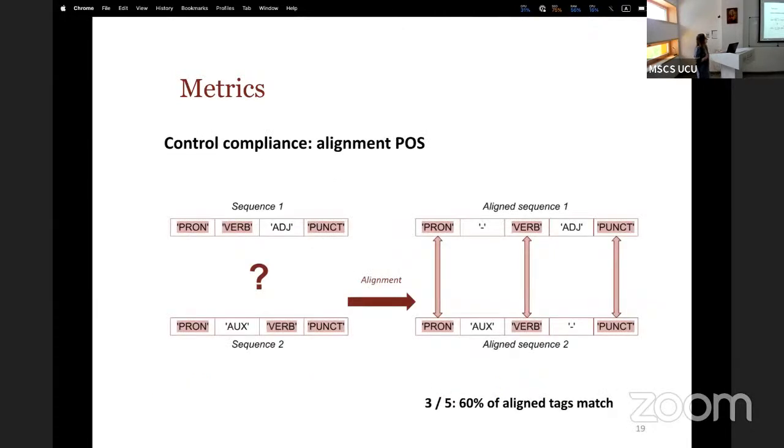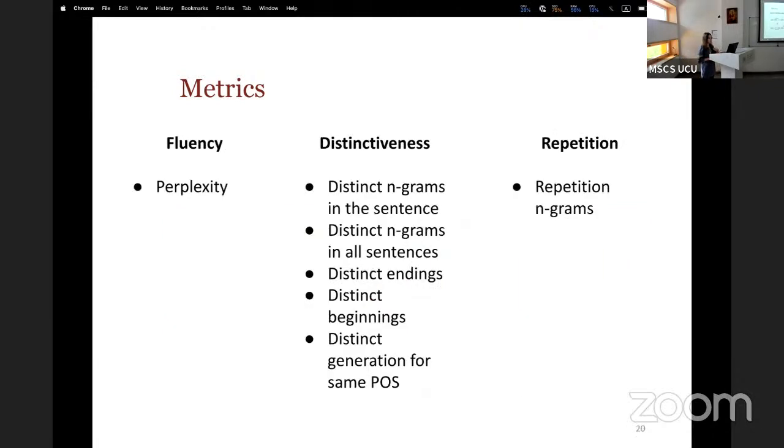So for part of speech, we thought that the model probably will not preserve all the text, but maybe with some gaps or some additional tokens. So we first align them in this matrix so they correspond to each other, and then we calculate the percentage of tokens which are matched in these alignment sequences. For assessing fluency, we use the perplexity metric.